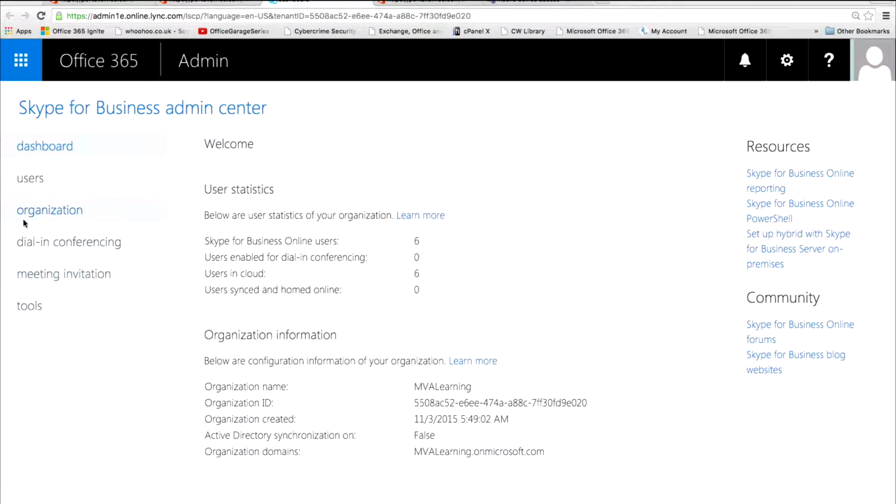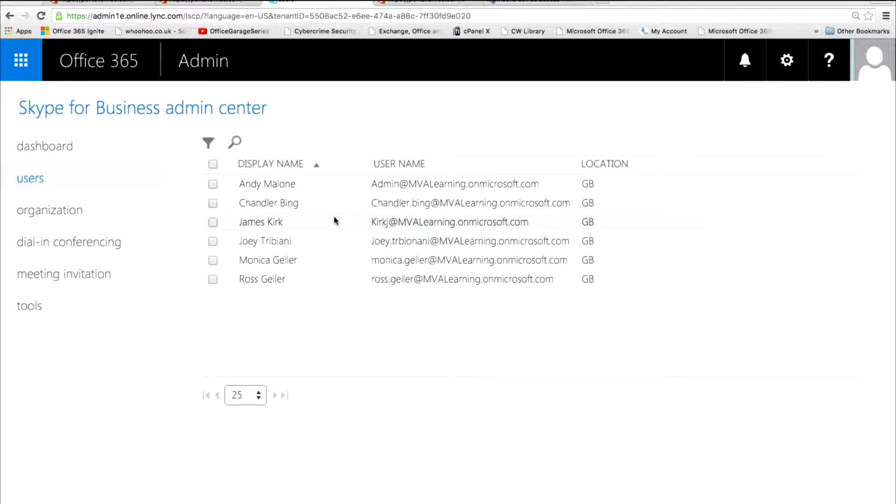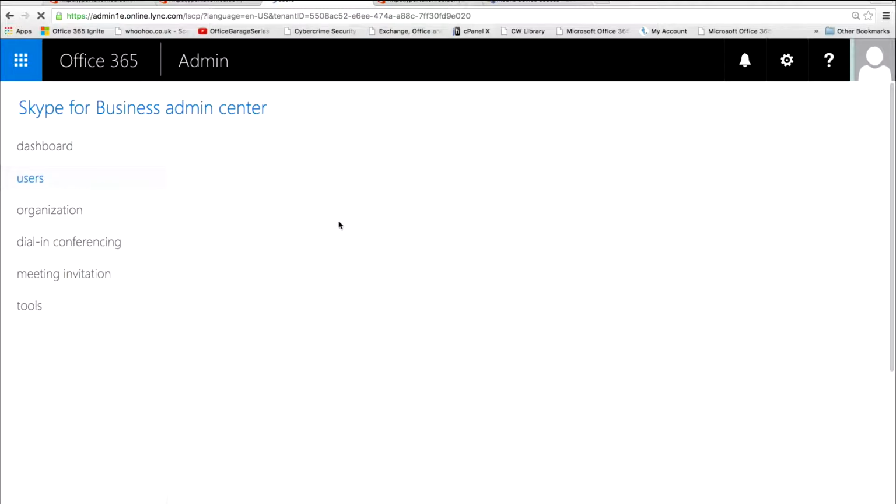So in here, we've got just a little dashboard view, and there's lots of resources here. So if you're looking at setting up hybrid, there's some great resources here, also for the exams as well. Definitely look at those. Users, so this is my users at the moment, and if I double click this, Captain Kirk, for example,